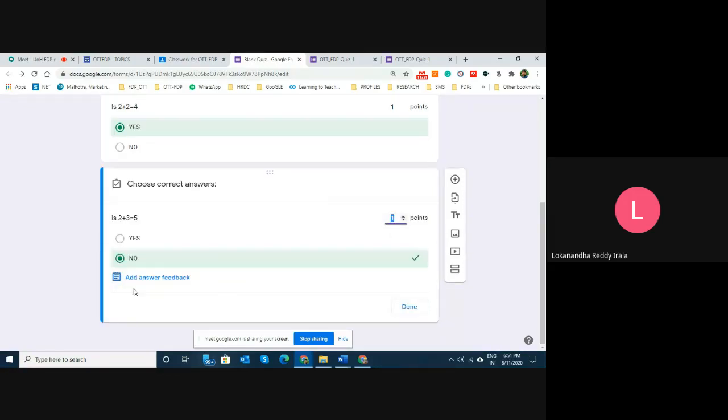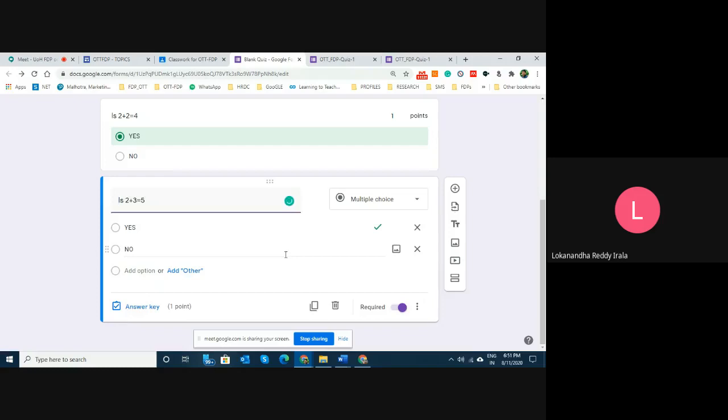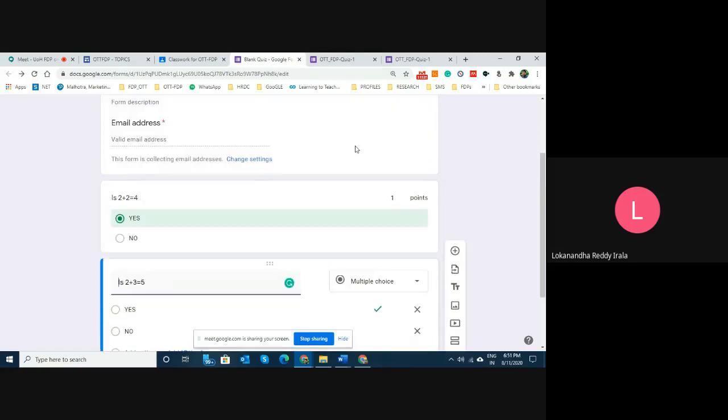So then what do you do? You go here, change this to yes. Remove this. Done. Now what happens? Even for those quizzes that have already been submitted, where Google would have evaluated them as 0 mark, it will automatically update all of them as 1 mark. So for this fellow, we would now get 2 out of 2 marks.